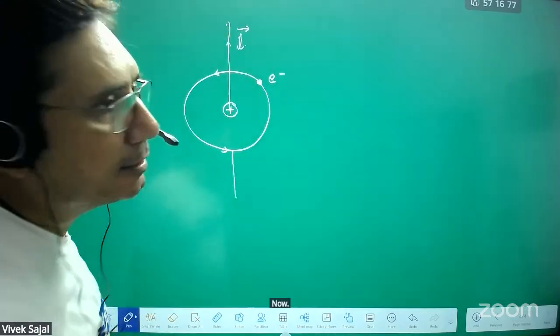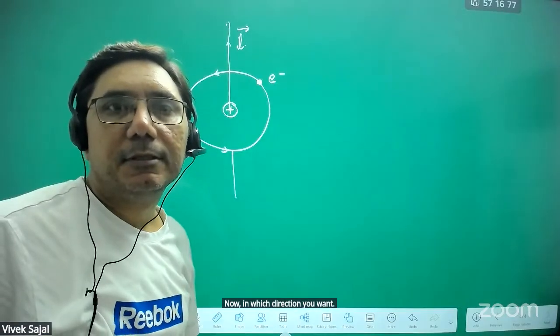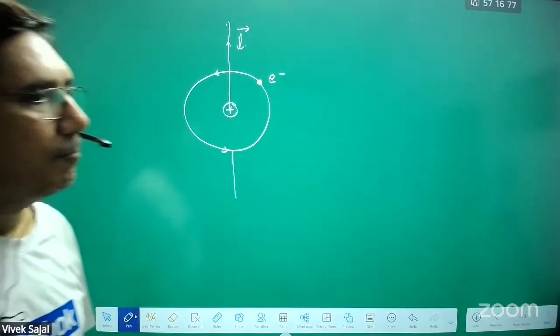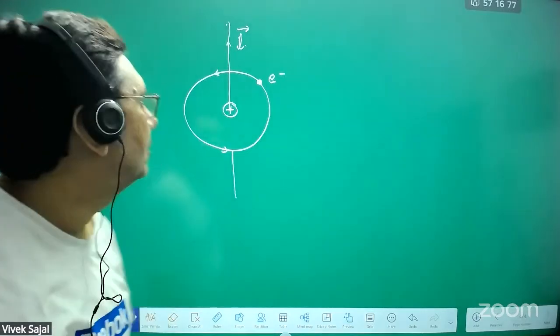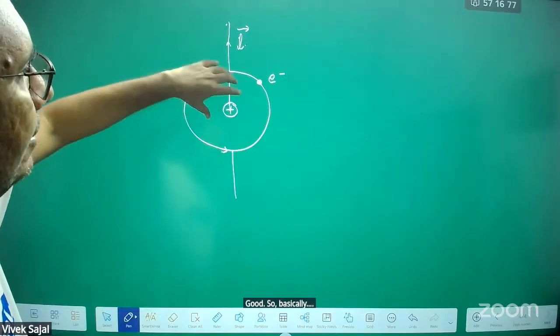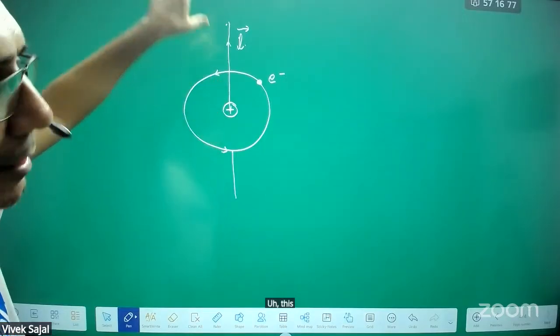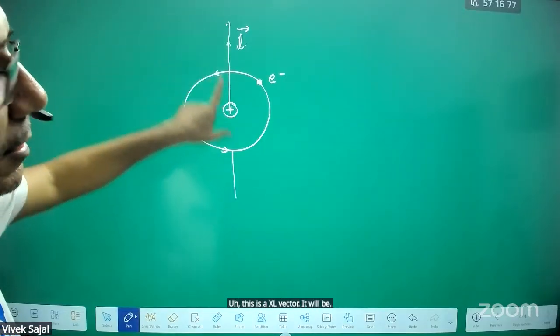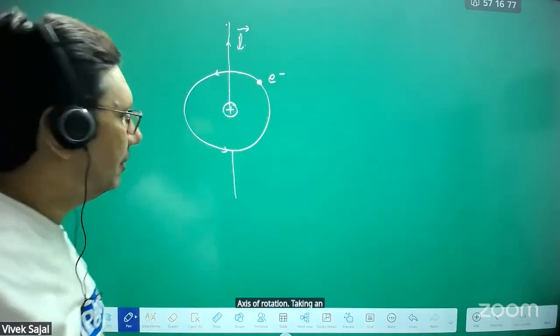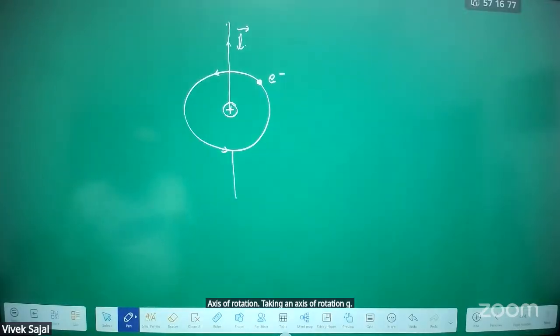Now, in which direction do you want its component? Okay, sir. Good. So basically it has no components. This is an axial vector. Classically it is along the axis of rotation, corresponding to the axis of rotation. So now